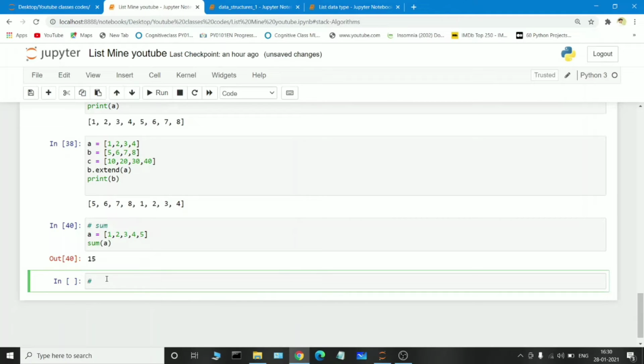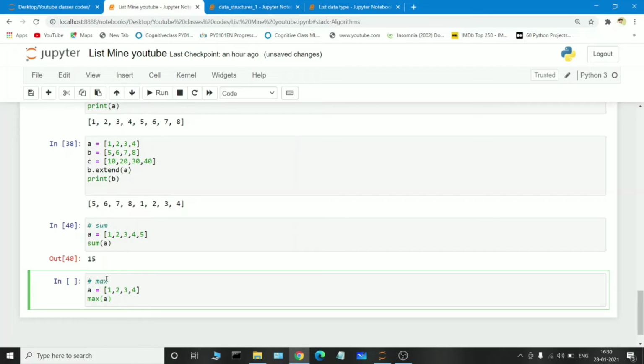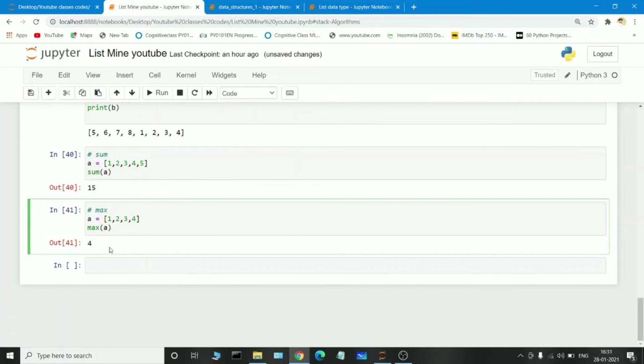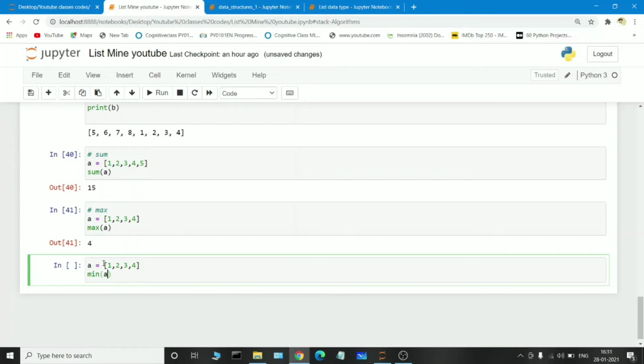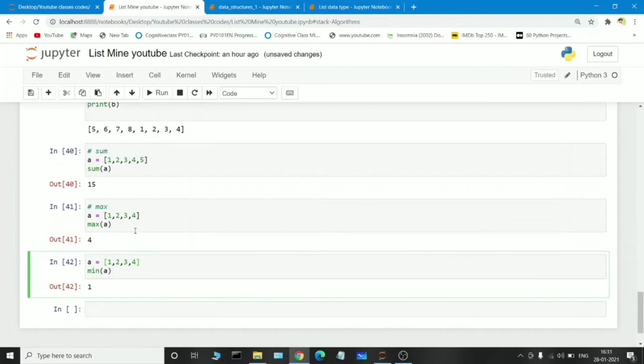Another function is used to find the maximum value. Max is another keyword. Suppose I am passing 1, 2, 3, 4 and I am just passing max of a, which means, what is the biggest value here? The biggest value is 4. If I execute it, see, 4 will be printed. So the max keyword is used to find the largest element inside the list. Suppose I take the same 1, 2, 3, 4 and pass min of a, which means it collects the lowest element inside the list. If I execute it, see, 1 is collected successfully. So this is the purpose of max as well as min.